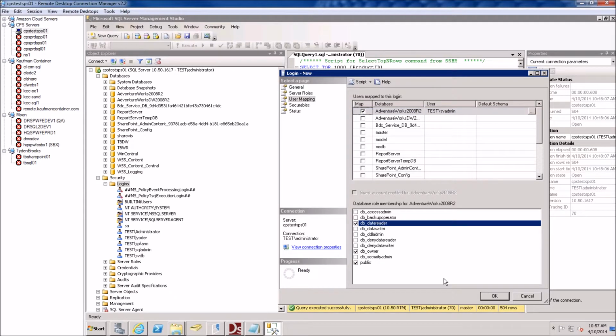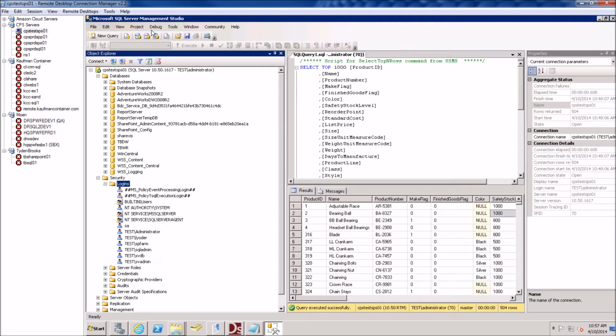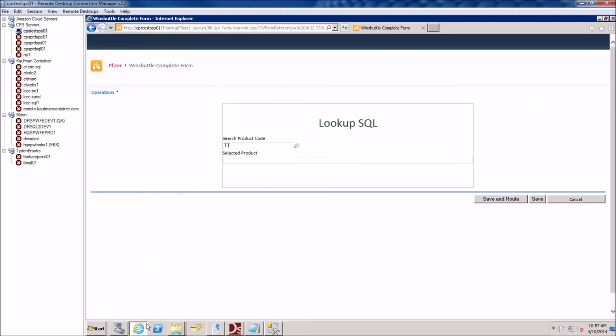You can just give them data reader because we're not writing information back to the database. But if you needed to put information back in the database, you'd have to have data reader and writer. In this case, we just have reader. Now we can see down here our SV admin. That's what the error was complaining about. So hopefully,